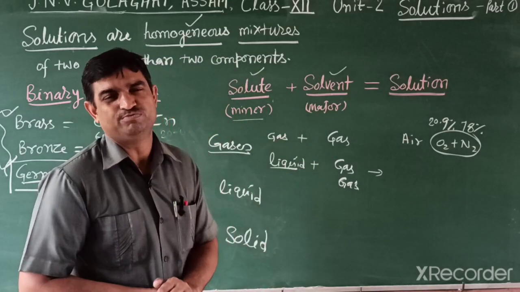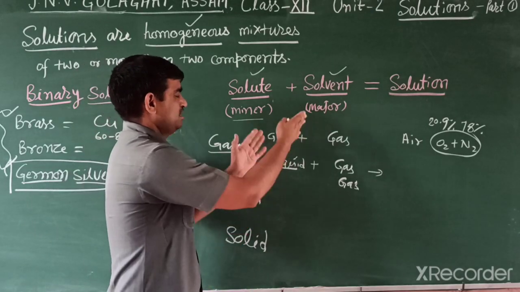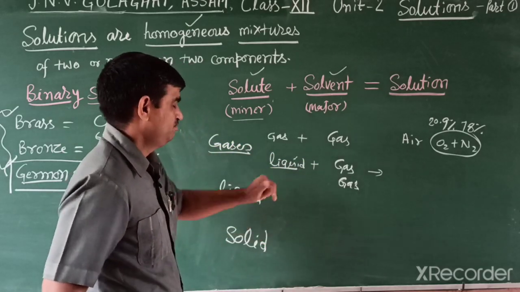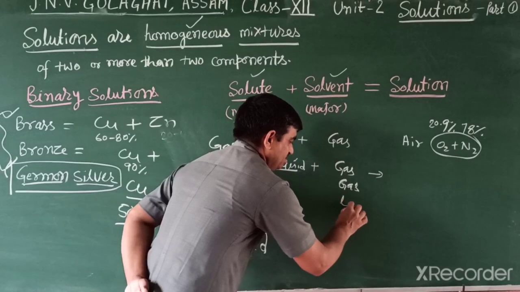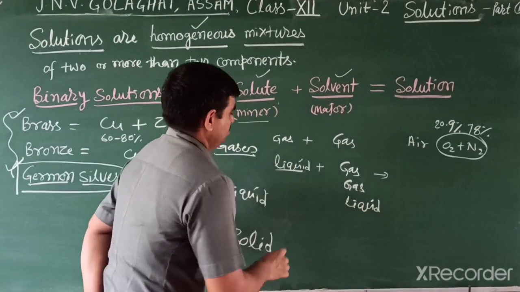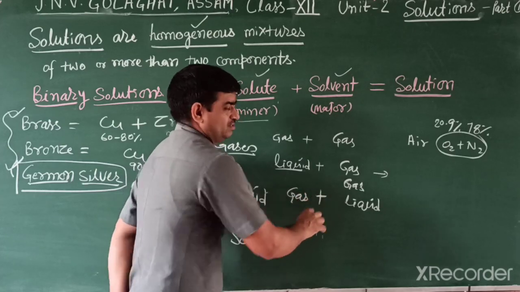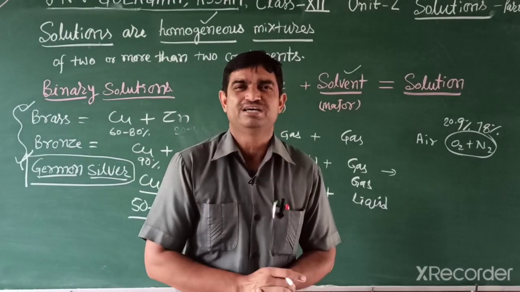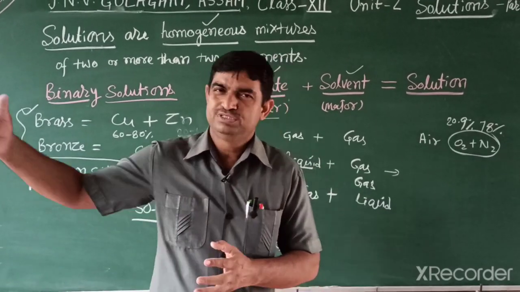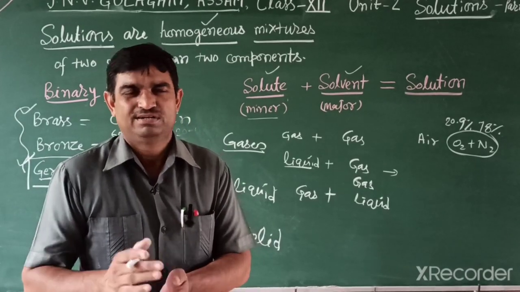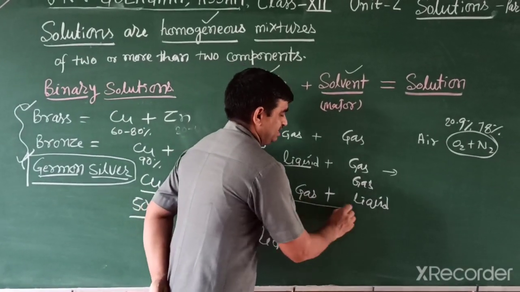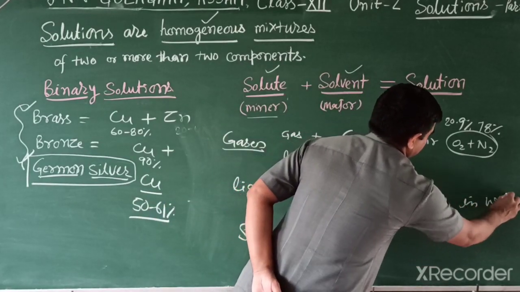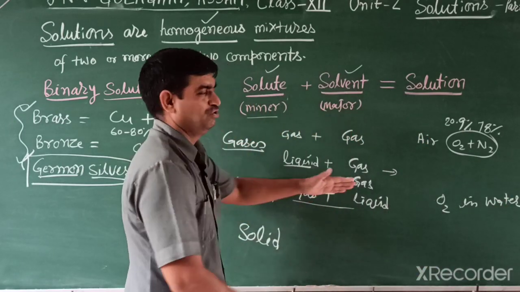In your NCERT book, a table is given with the different types of solutions: gaseous solutions, liquid solutions and solid solutions. If the solvent is liquid, those are liquid solutions. For example, when a gas dissolves in liquid: oxygen gas. You know how fish and aquatic life can survive in water? Because the atmosphere has oxygen gas and this gas dissolves in water, so they can easily survive. Oxygen in water is a liquid solution, a gas dissolved in liquid.